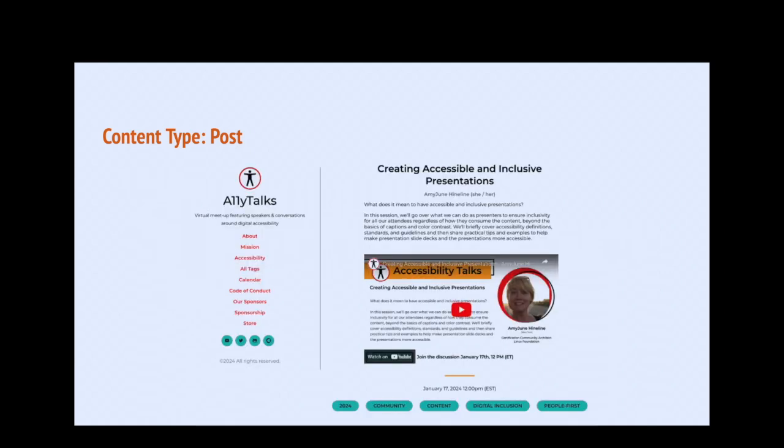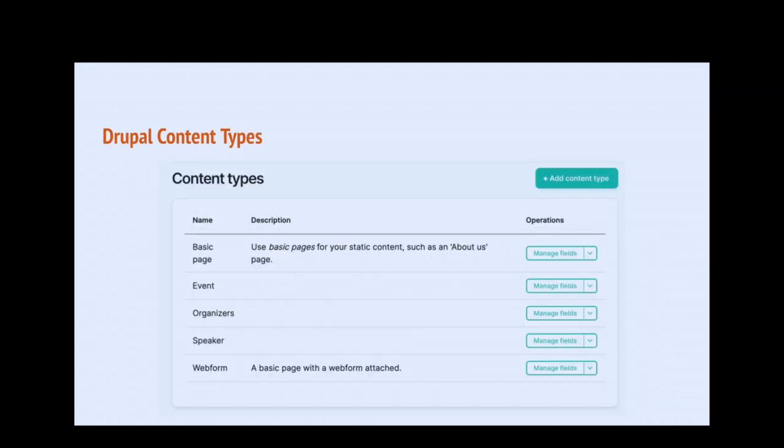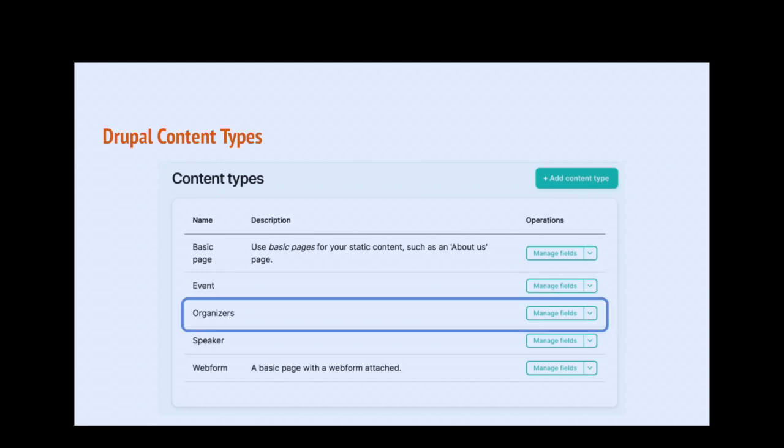So we had the different types that we were going to use, and so I made content types out of these. Each one of these, you have your basic page, the page, yay. The event, instead of calling it posts, I called it events. I don't know why it was called posts in the first place. Organizers, instead of members, we're organizers. We organize stuff. And then I did do the speaker content type, and then there's a web form in there, which still doesn't work because web forms don't work. Anyway, so what I'm going to do is concentrate on the organizers, how I moved that over.